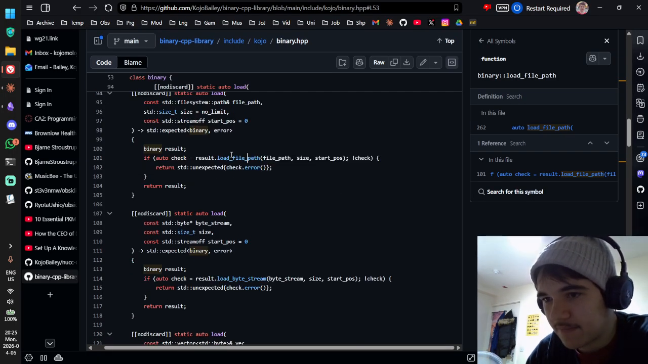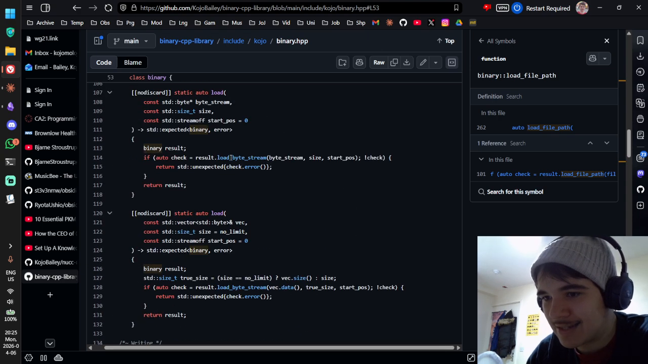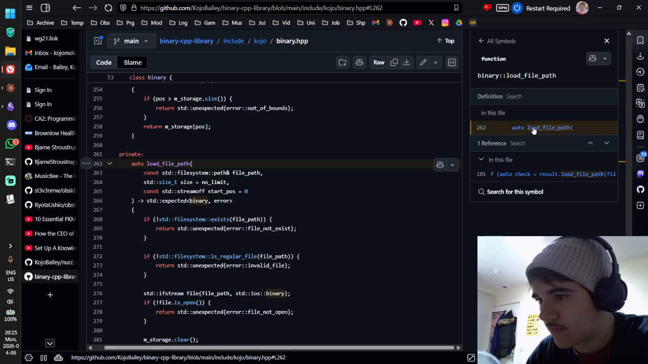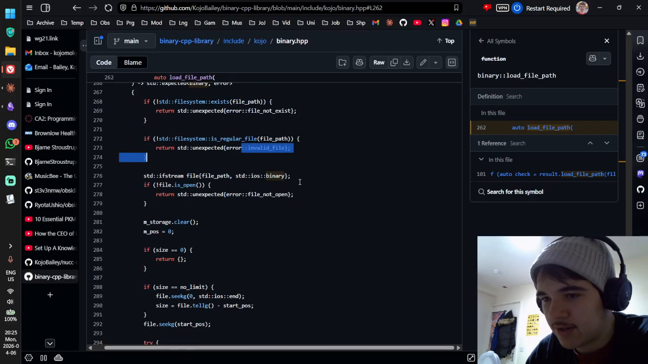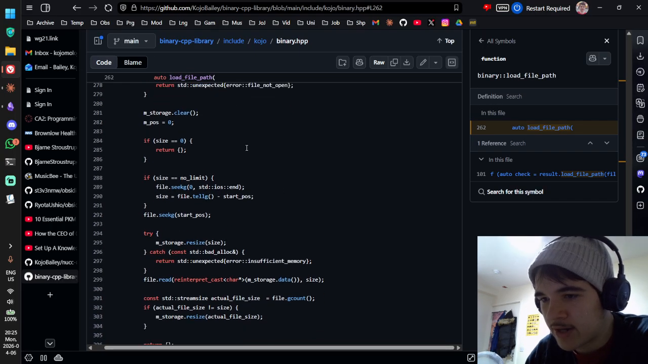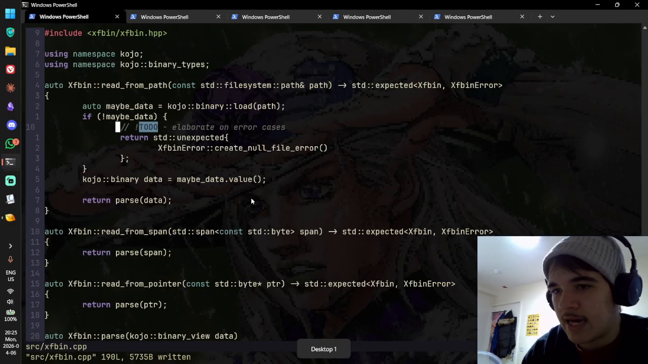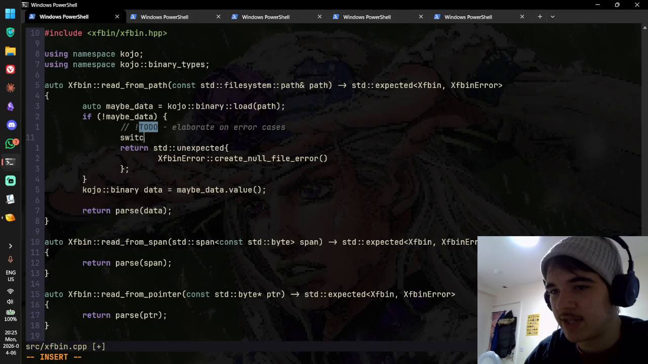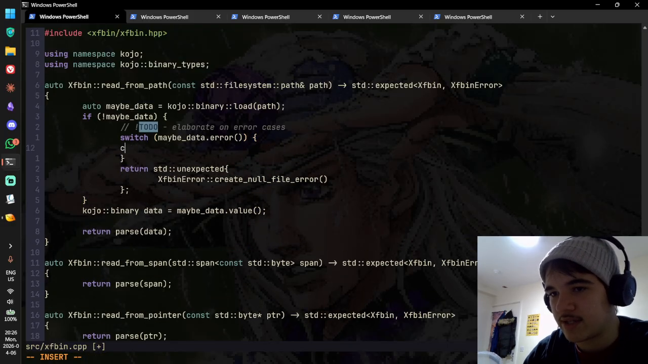So it calls load file path. Yeah, there's definitely some inconsistency in this library. Load file path. Where's that? Here. So I can have an error file does not exist, error invalid file, or error file not open, or an error insufficient memory. Okay, so there's a few different ways you can error. And I need to also accommodate these in my own thing. So we'll need a switch statement here on maybe data.error, right? Yeah, so our cases are